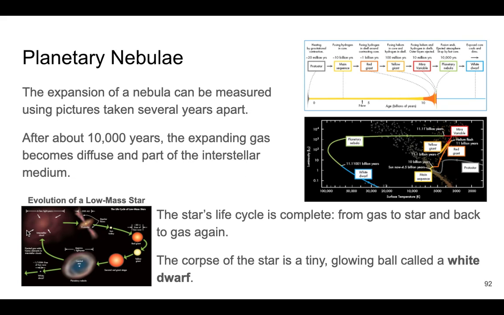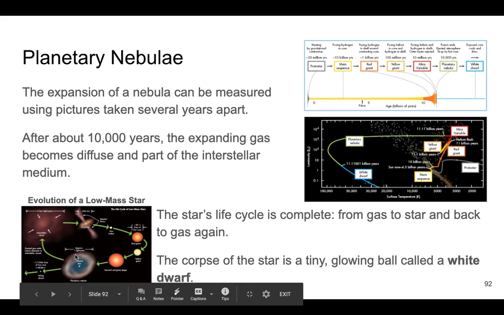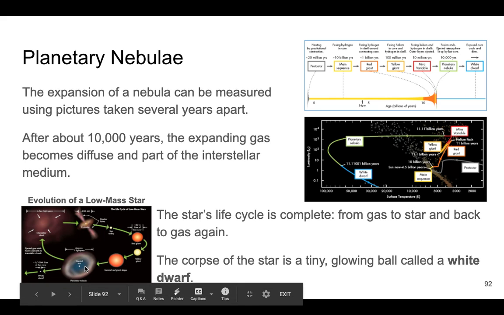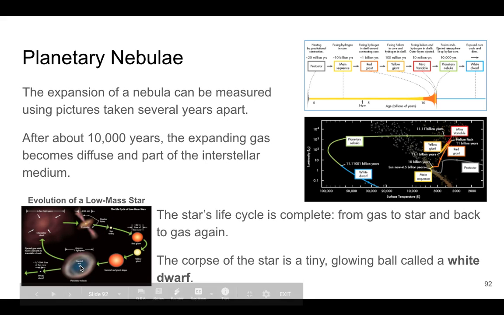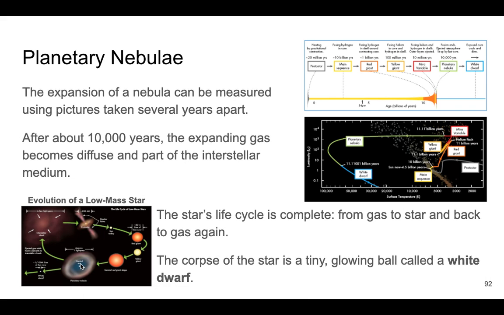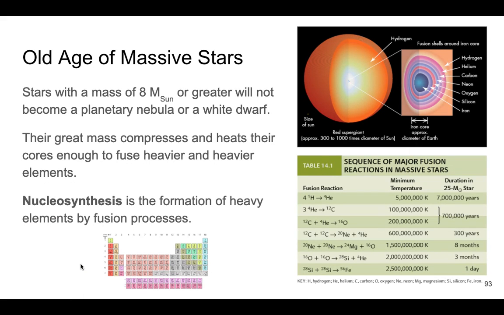It went from gas cloud to protostar to a star, lived its whole life as a star, died, and now a lot of its stuff is a gas cloud again. And what's left behind, the corpse of this star: the core of the star when it was alive and doing fusion, what we say is a living star. Well, the core is still there. It's still very hot. It's just not doing fusion anymore. So that core is the corpse of this star. It's a tiny glowing ball called a white dwarf. And we'll talk about white dwarfs more in upcoming slides, but not in this part. So that's how a low mass star dies.